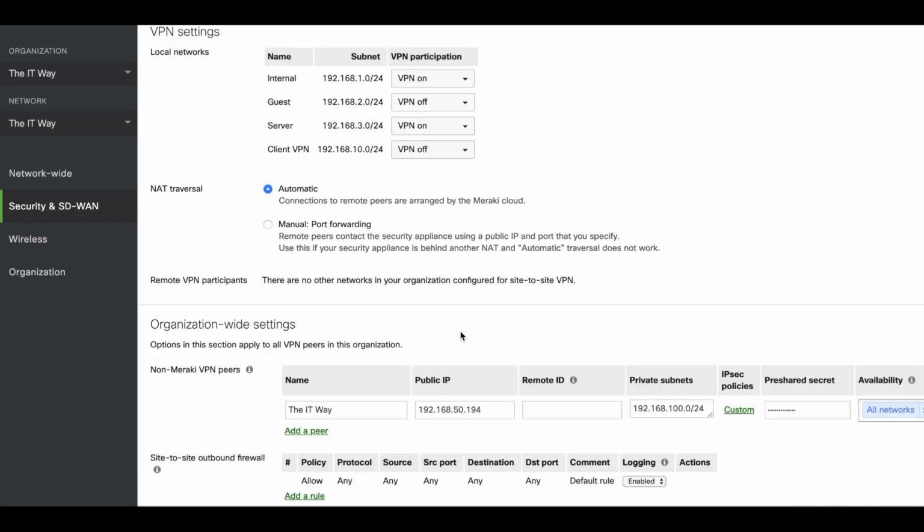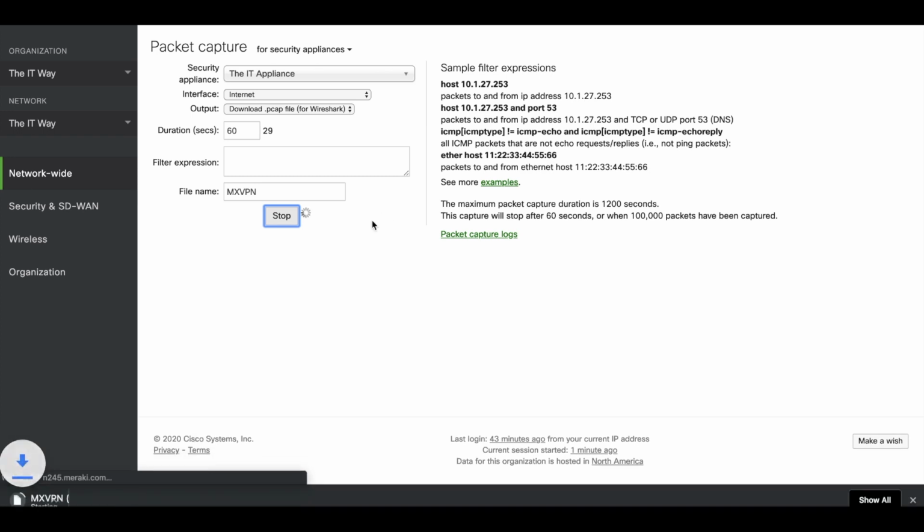I know that I have to see the traffic coming from my MX Security Appliance to the Non-Meraki VPN peer on the other side. I can see the traffic coming from the other Non-Meraki VPN peer to my Security Appliance on the 500 for the packet capture. So having this packet capture,